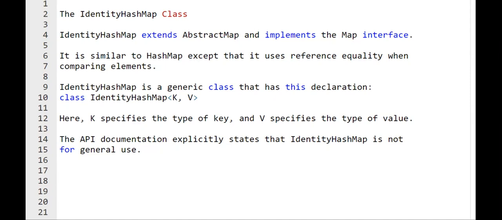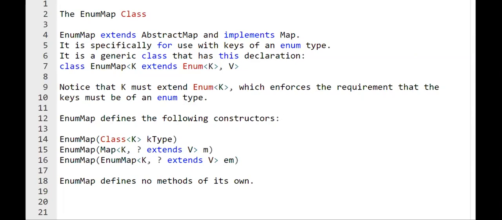Next we have one more class, that is the EnumMap class. The EnumMap class extends the AbstractMap class and also implements the Map interface. It is specially used with keys of enum type.